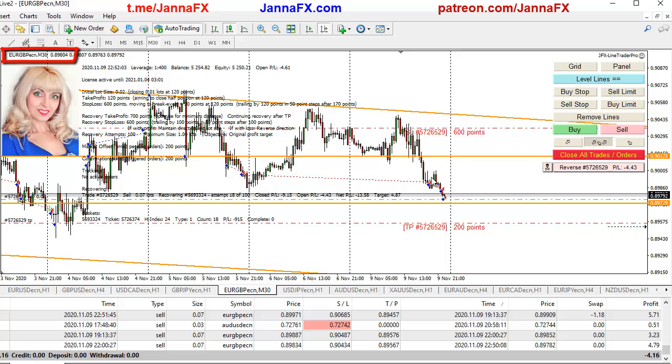I mean, of course, it might turn around and hit another stop, and then we will see what's going to happen again. But because we're already so close, the lot size probably isn't going to be increased again. So let's just leave it as it is.